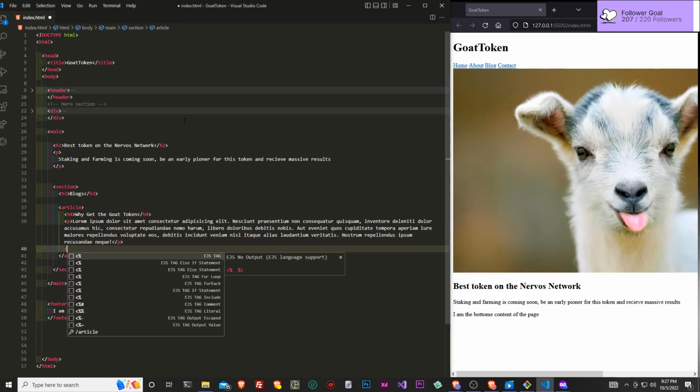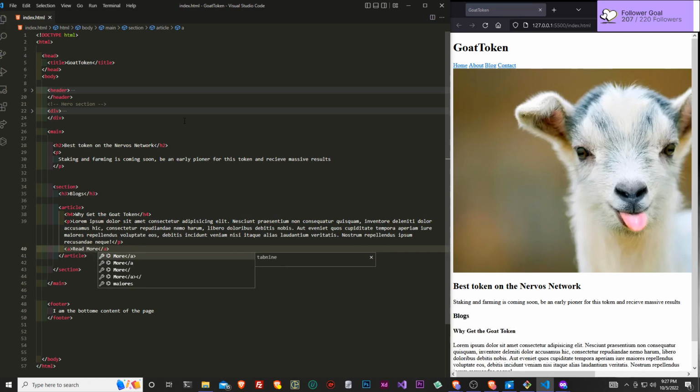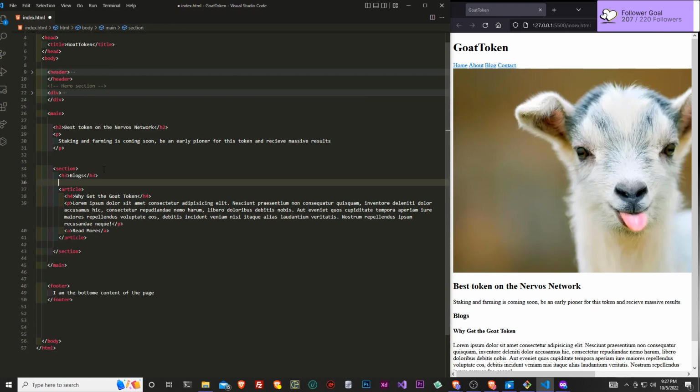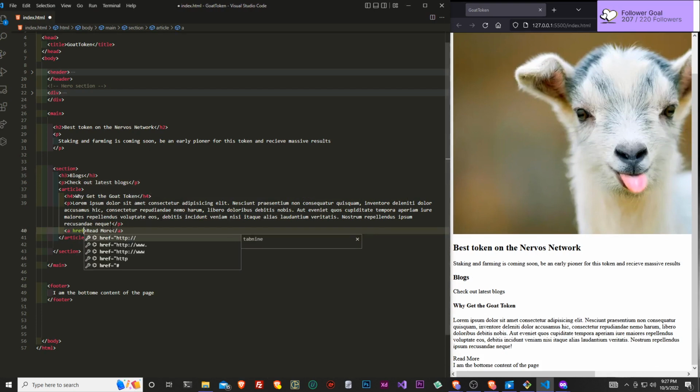So if we do lorem 50, it's going to auto-generate 50 words for us. And then let's just give it a link. So check it out. Or read more. Let's get a read more. So boom, we created a section called blogs. We can also give it another p tag: check out latest blogs. Read more, and this is gonna make sure we have given it an href. It's gonna lead them to somewhere on our web page. And as you guys can see, it highlights it blue.